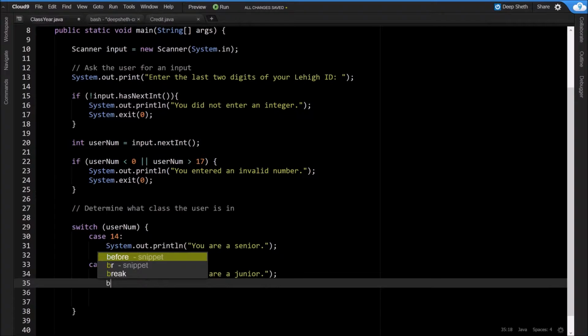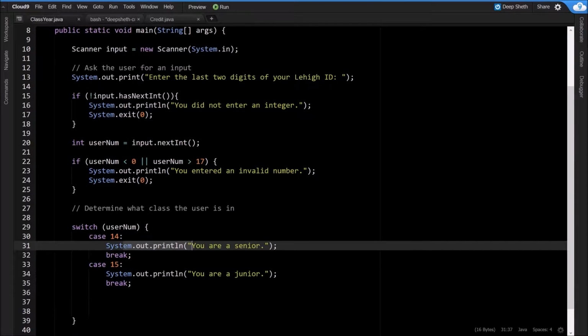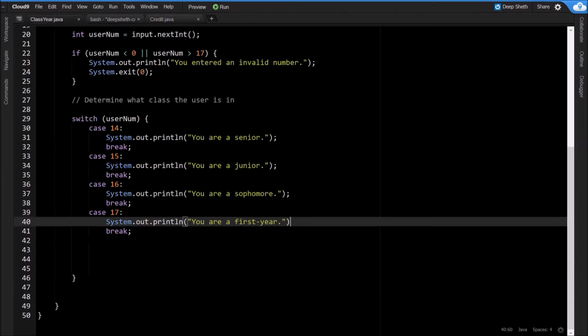And once again, we need to break it. In order to understand exactly what breaking does, right here, if we didn't have a break, it would print out this statement and it would print out this statement as well. It would print out both that they're a senior and that they're a junior, and we only want to print out one. Okay, so using the same logic, I added cases 16 and 17,